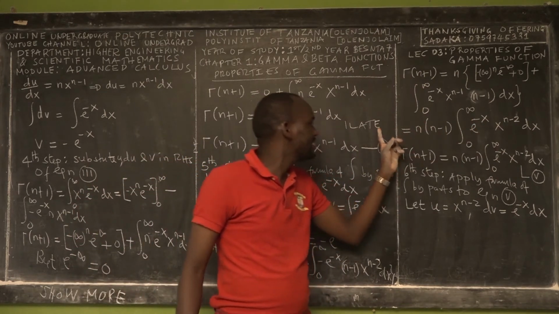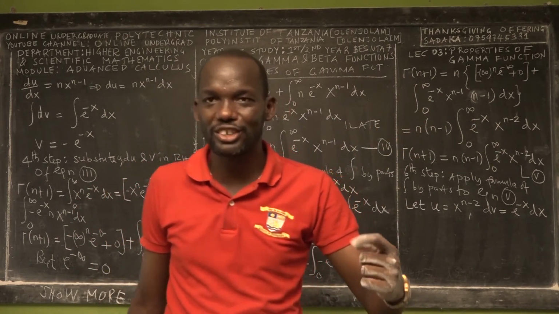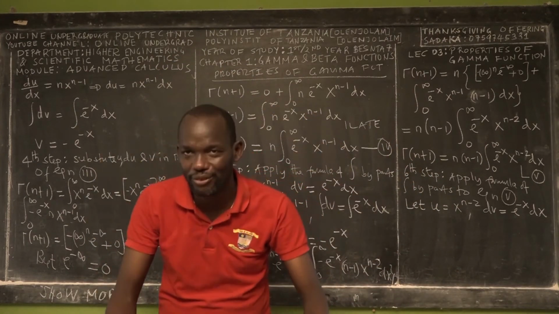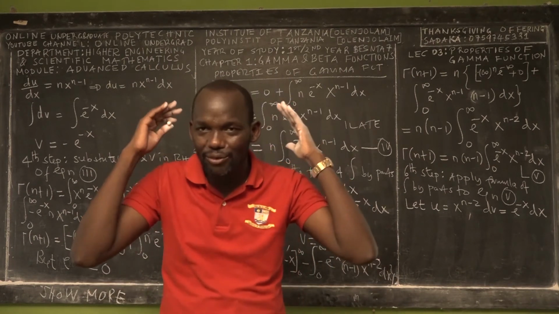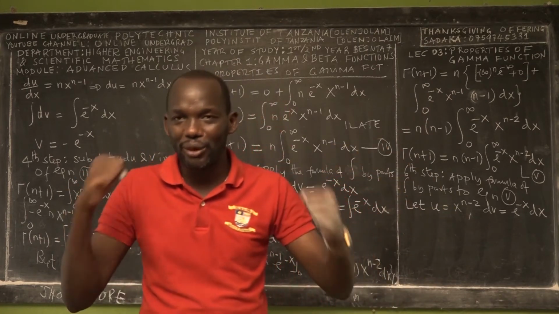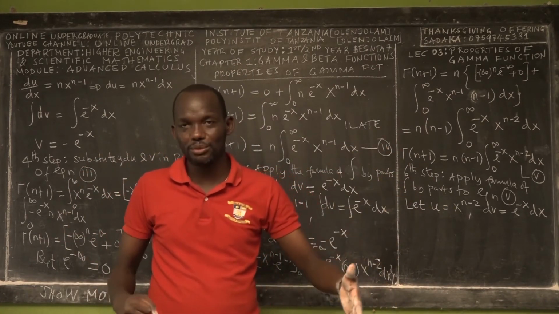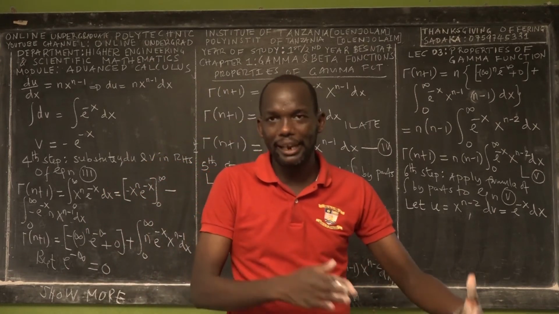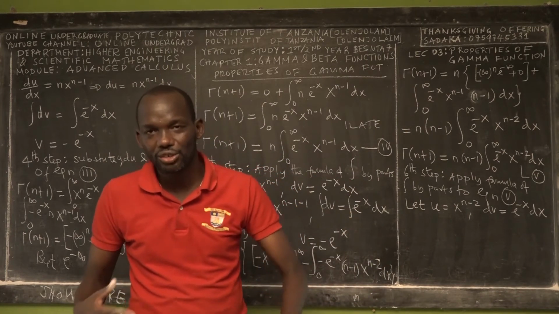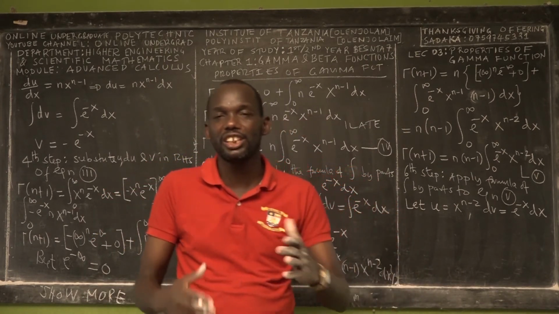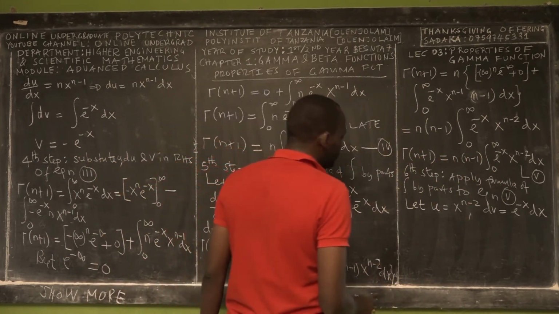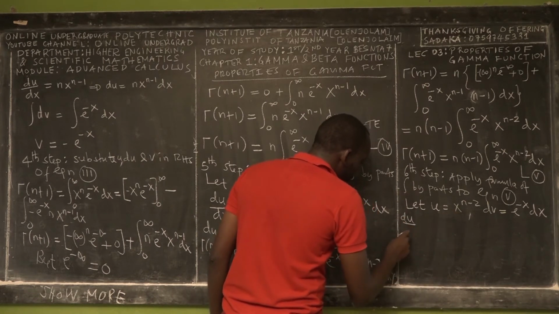And e power negative x, the natural exponential function, we let it be dv. Why are we using this principle for latter? In order to simplify life, because we as engineers have to design systems which simplify lives and solve real life problems. So to design our systems, we need applied mathematics, or the kind of special mathematics that simplifies lives. That's why we are using the informal definition, but we are still retaining the same meaning of engineering mathematics. So let us differentiate this with respect to x.